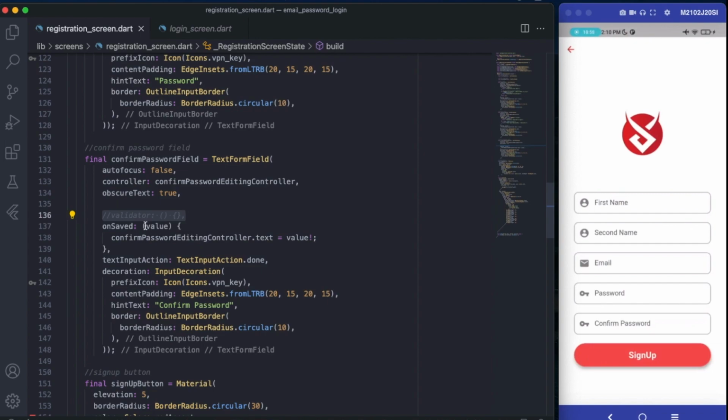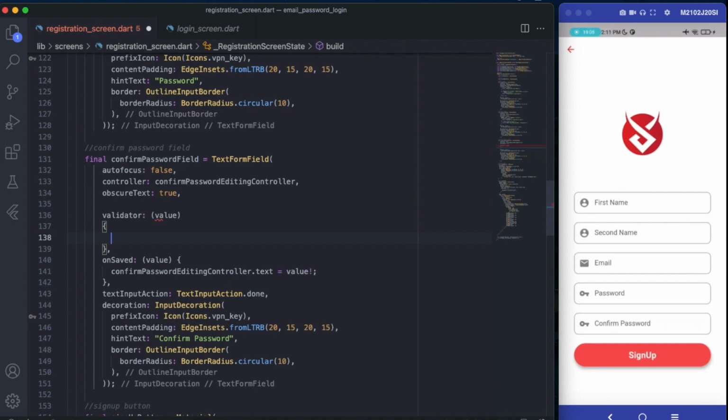In here we will have to do a validation and write validator for a value, let's say, and here if password text editing controller dot text is, text dot length is greater than 6 and password, here we will write if confirm password